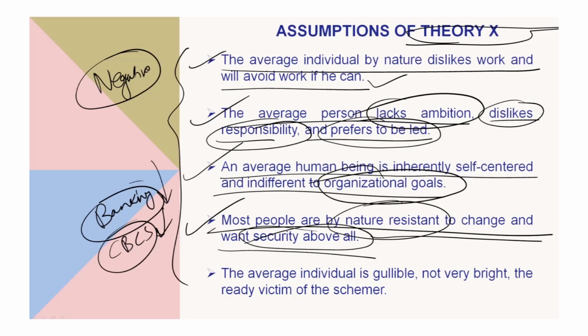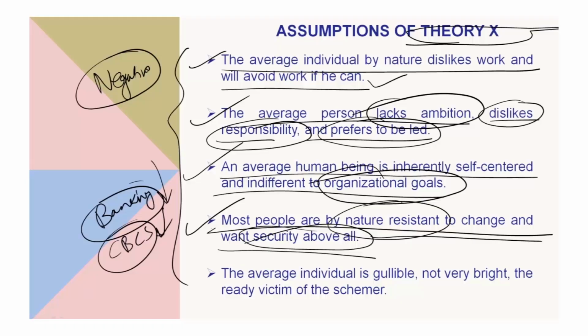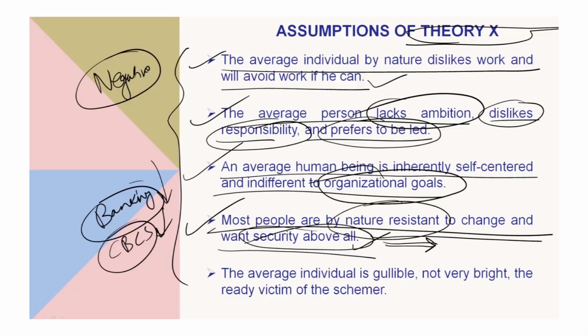So the assumption is that the nature of the employee is that they will object to these kinds of changes, even though these changes are good for the organization. And they place job security above all. It means even if they are not doing any activity, or their overall performance is not increasing and efficiency is not accelerating, the priority should be towards job security. Okay, so this is the fourth assumption.